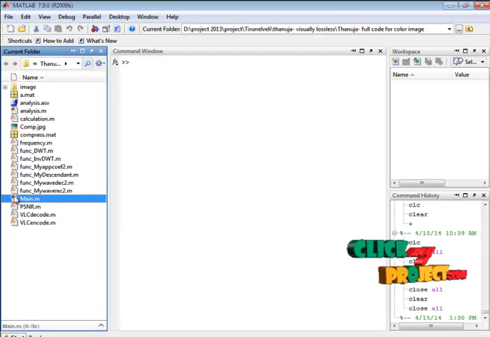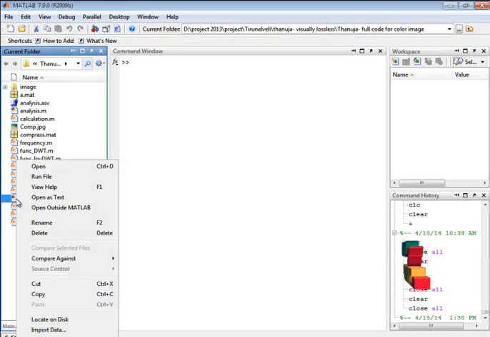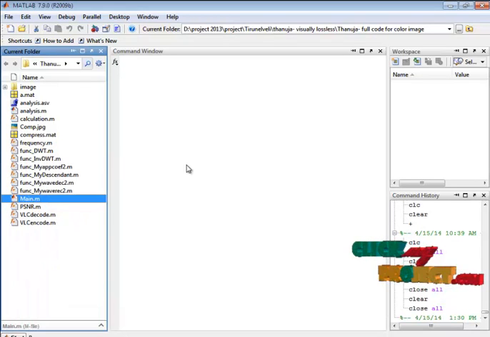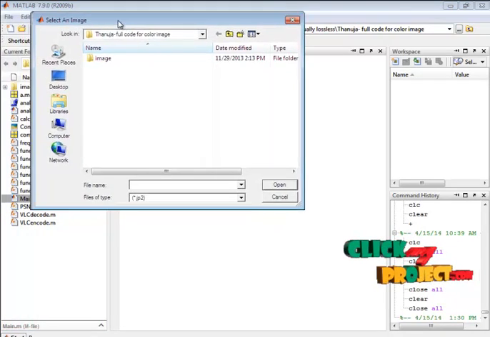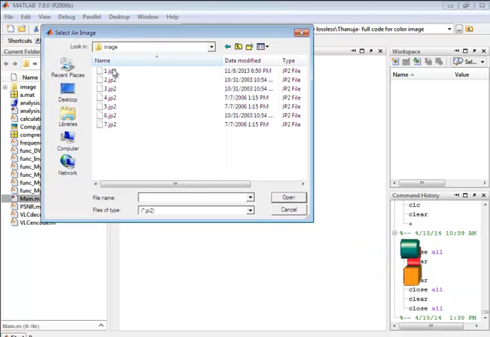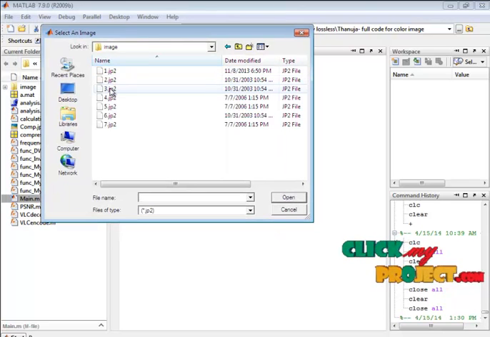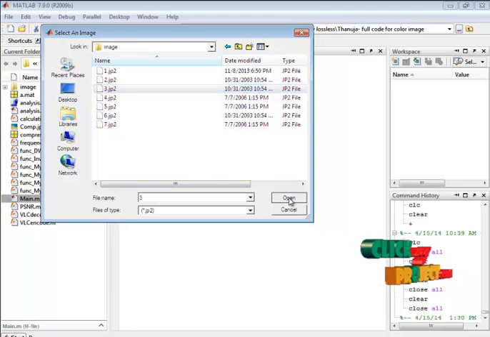Here I have the main.m file. Select this file, right click and run the file. This is our GUI design. We have to give the input image. You may select any image.